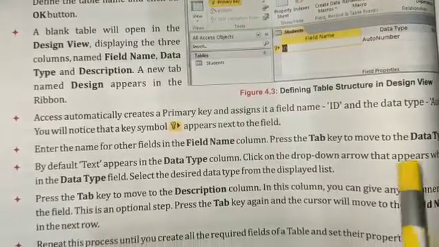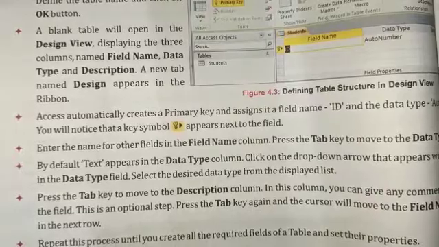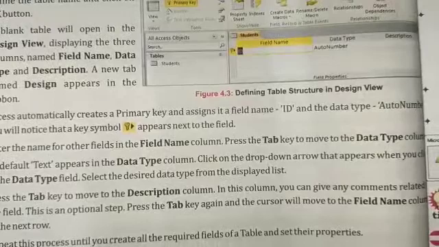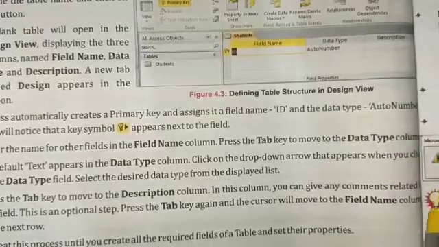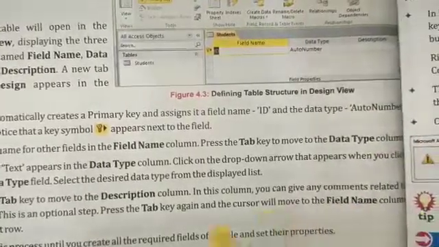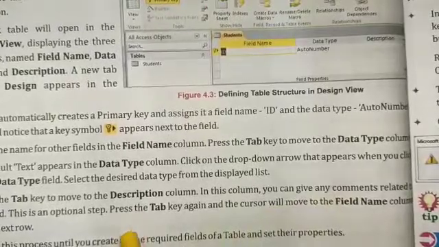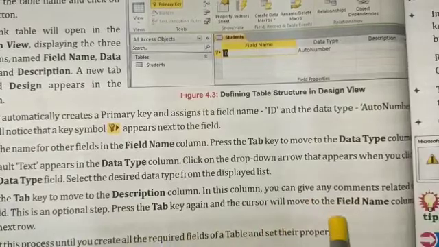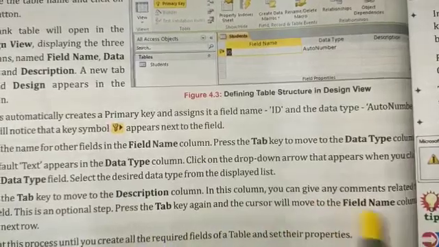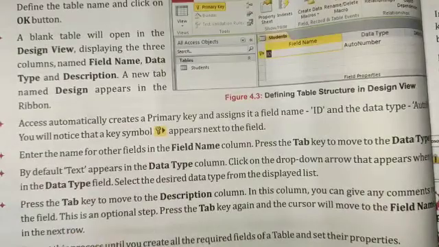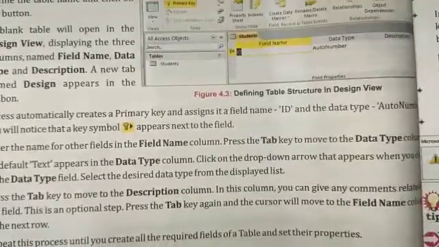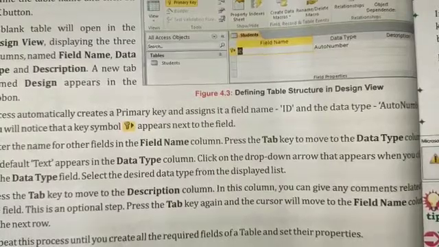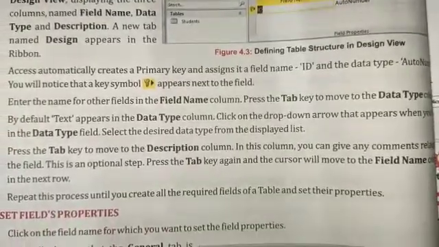We can give a description if we want, and if we don't require it, we will not give it. Press the tab key again, and the cursor will move to the field name column in the next row.